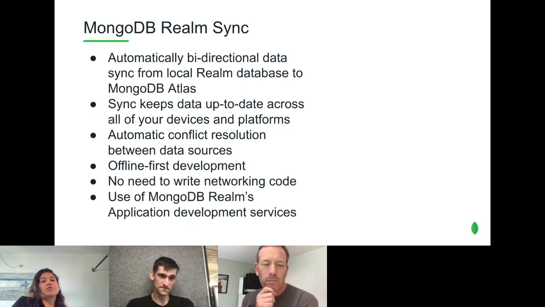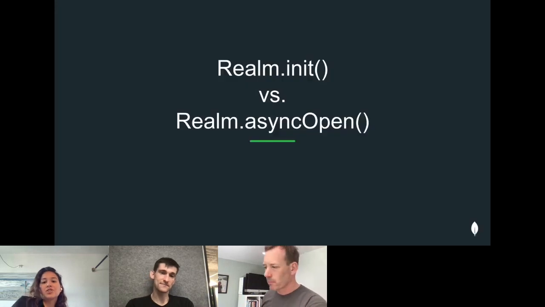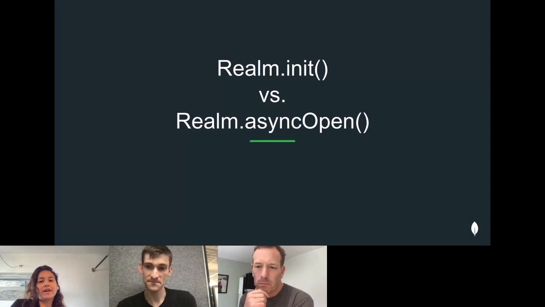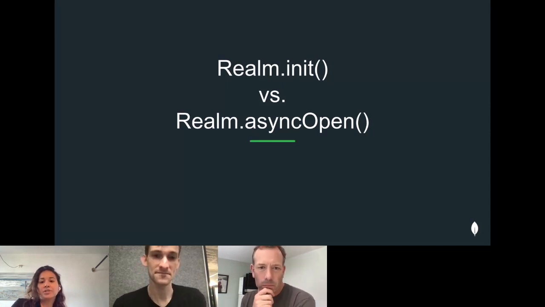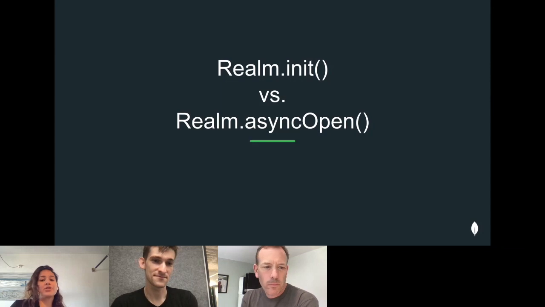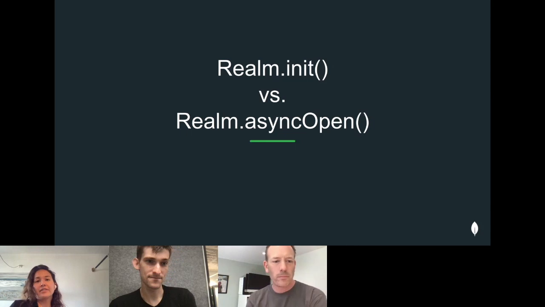So our current API for sync users makes you choose between using Realm init and Realm AsyncOpen. I will show you the difference between each one of them. Realm init returns the local Realm in its existing state for any given user and partition. Data will eventually be synced in the background transparently. That's how sync works. On the other hand, if you are using Realm AsyncOpen, it will return a Realm after successfully syncing data changes from and to MongoDB Realm. So documentation suggests that a common pattern is that first, when you are opening the app, you use AsyncOpen, and then later use Realm init,